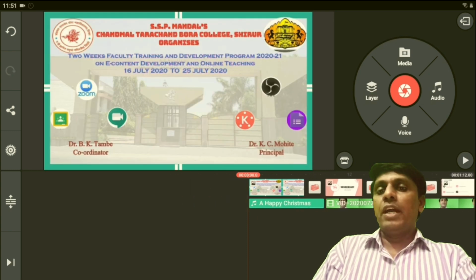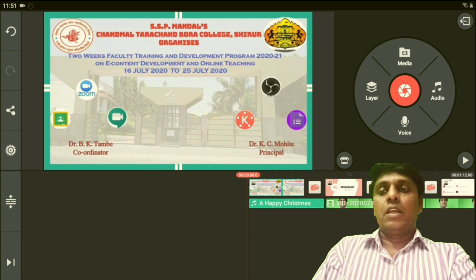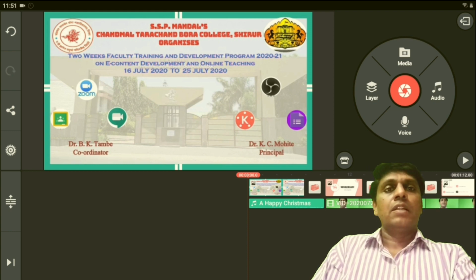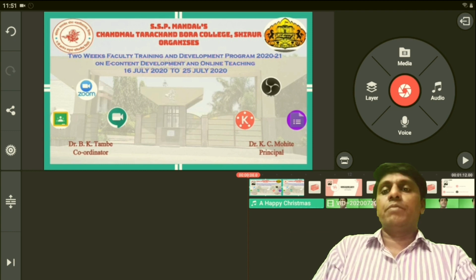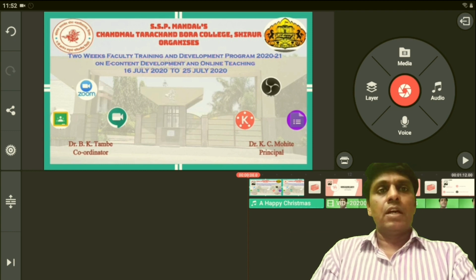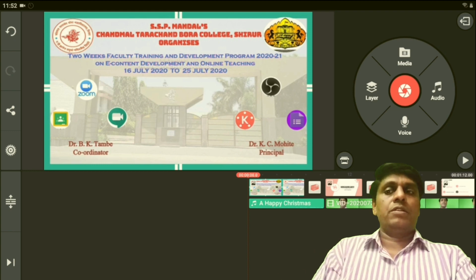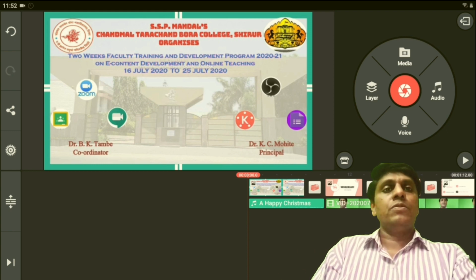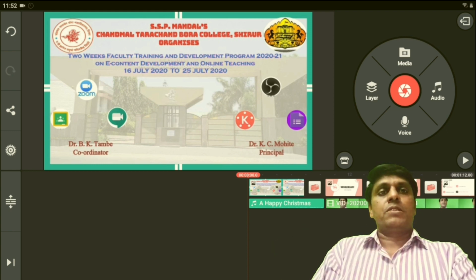If you want to add music anywhere, to any slide in between or at the end, then in the same way you have to add the music button. And after adding the music, my project is almost finalized. Then it is ready to publish.